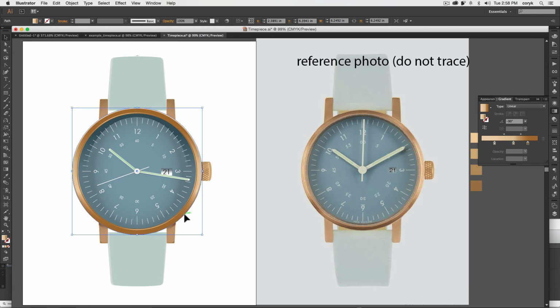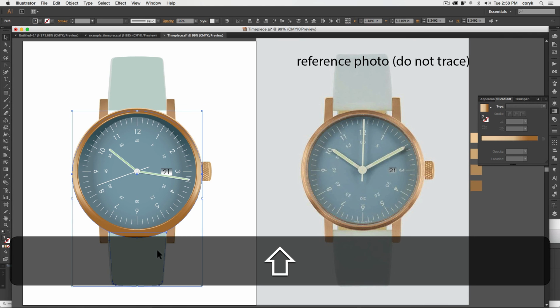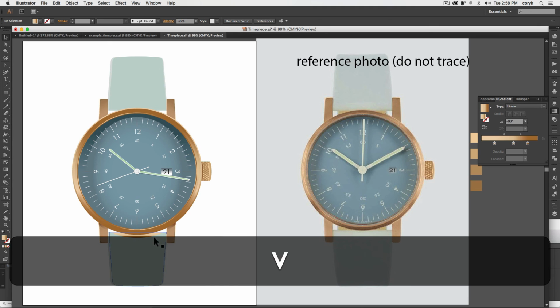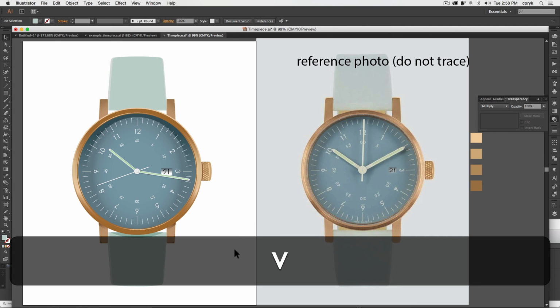But remember, we have this shadow, right? We're going to have this shadow, so I'm going to Alt-drag, or copy, paste, and back, and then drag, and I'm going to cast a shadow with that. So I'm going to grab all of that and delete it, okay, and then I'm going to grab this guy, eyedrop that color, and then I'll go to multiply, which will give me a little bit of a cast shadow,